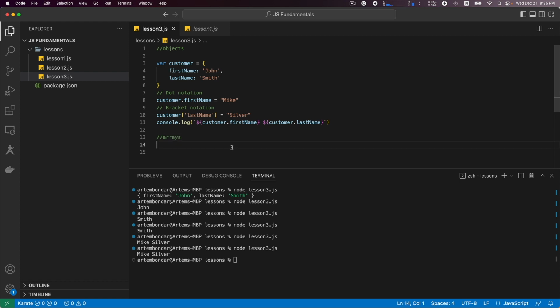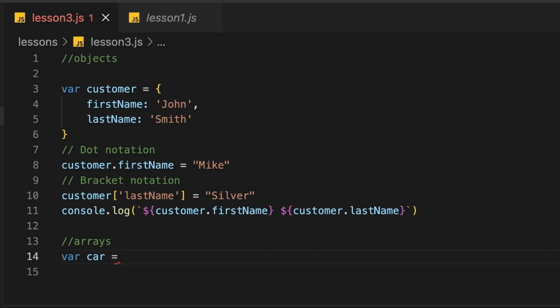Array is another type of entity, which is a list of items that you want to save. They are just placed inside of the array in an order. So let me create a new variable and call it cars. Let's say our John Smith, or right now Mike Silver, has different cars. Those cars are, let's say, Volvo,